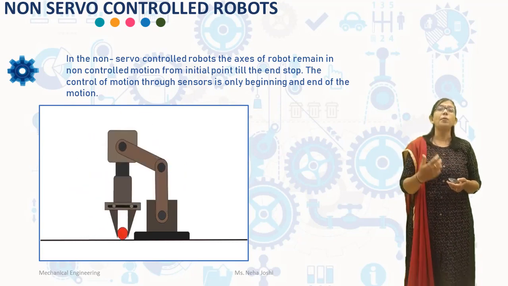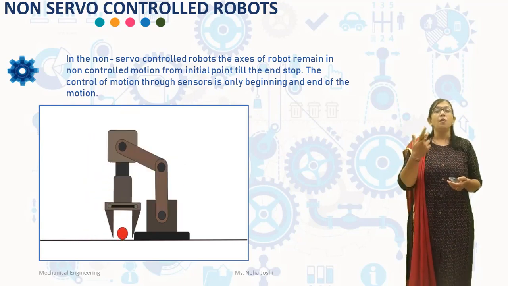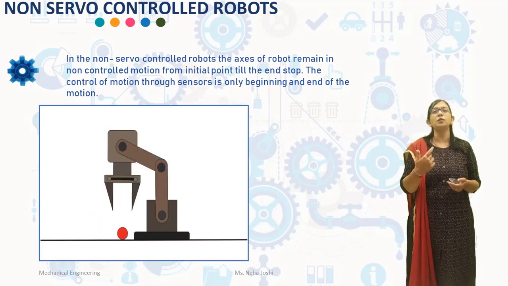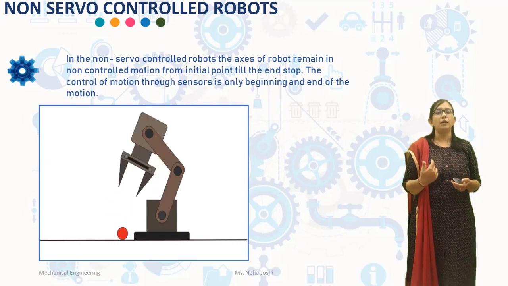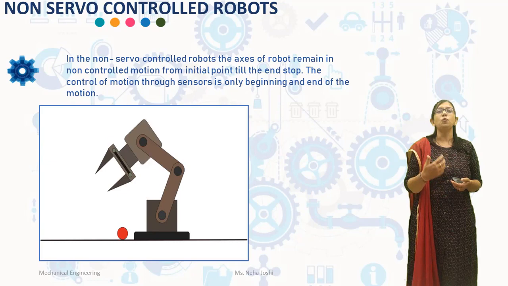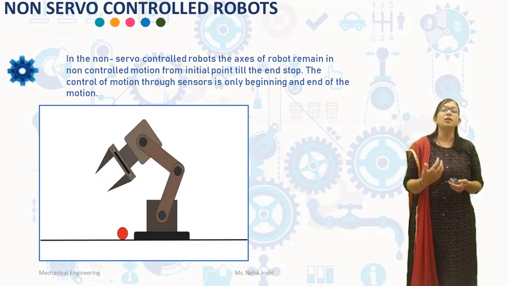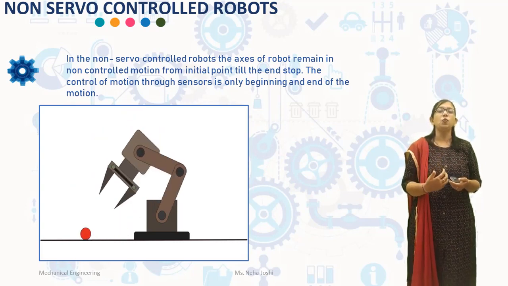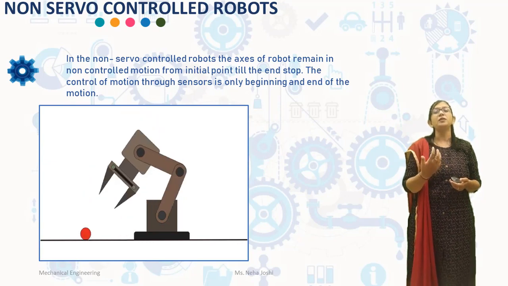Now we will discuss the operating sequence for the non-servo control robots. First, the programmer starts the controller sequence to send an on signal to the actuator of the manipulator. This causes the actuator to start, thereby initiating the motion of the linkages of the manipulator. The motion of the linkages continues till they come in contact with the end stop. The limit switch located on the end stop sends the signal to the controller or sequencer, which sends an off signal